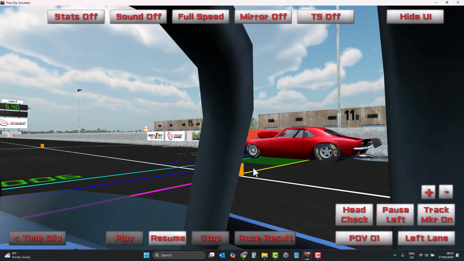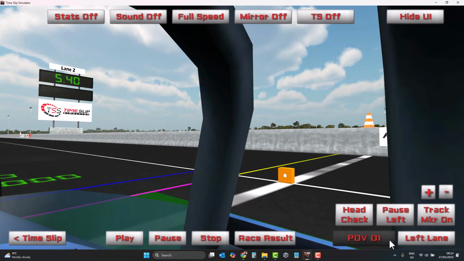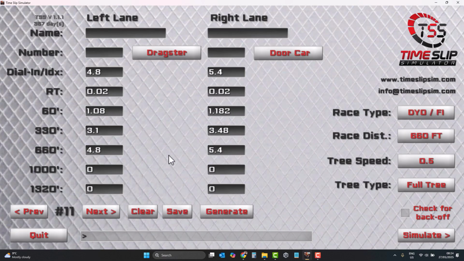So it allows you to practice what track position looks like against various opponents and decide whether you think you're going to get there first, you're not going to get there, or it's too close to call. So this is a great tool for training purposes, to learn about track position and what you can expect when you're running against an opponent who runs that particular ET. I will go into that in further detail, where we'll talk about how to keep yourself sharp between events. So if I just go back to the timeslip entry screen here,